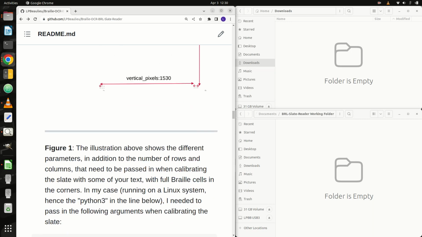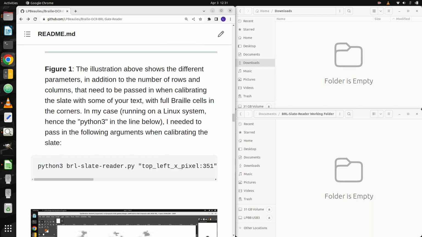In my case, running on a Linux system, hence the python3 in the line below, I needed to pass in the following arguments when calibrating the slate: python3 BRL-Slate-Reader.py "top_left_X_pixel:351" "top_left_Y_pixel:2348"